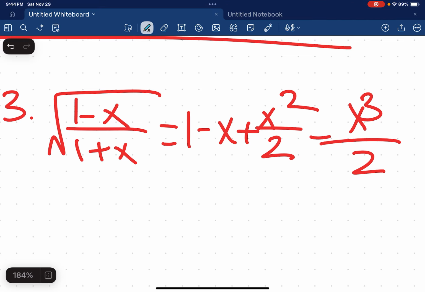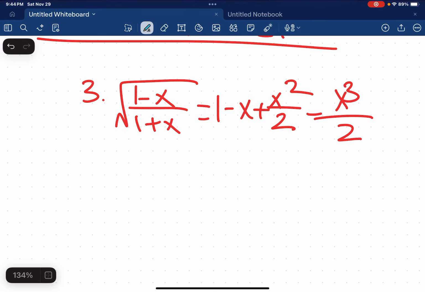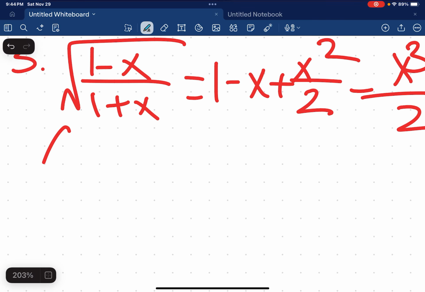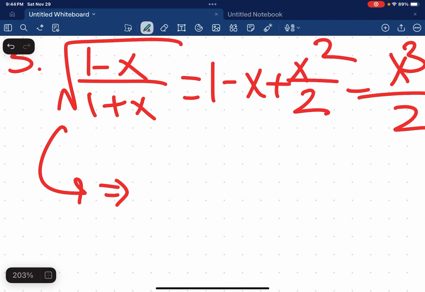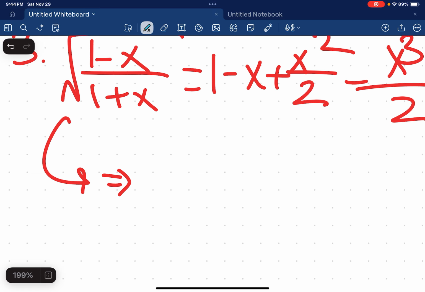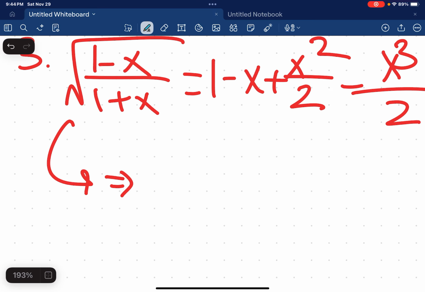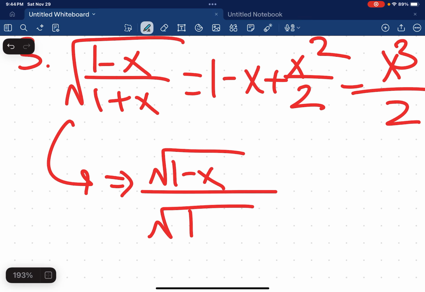Okay, that's actually only the first 4 terms, so we know that these are all just going to go to the first 4 terms. We can rewrite this equation over here, yeah, we can rewrite it as separate radicals